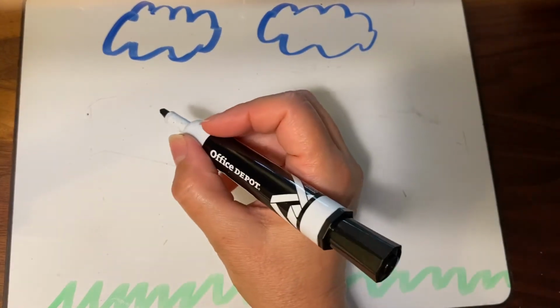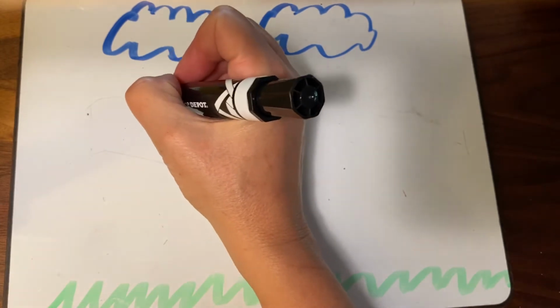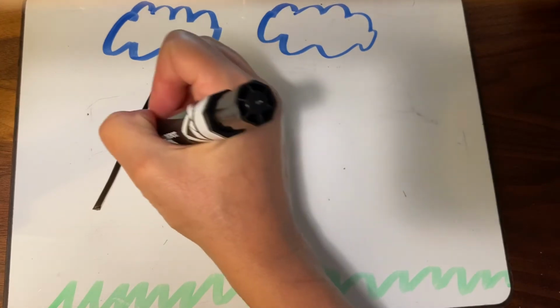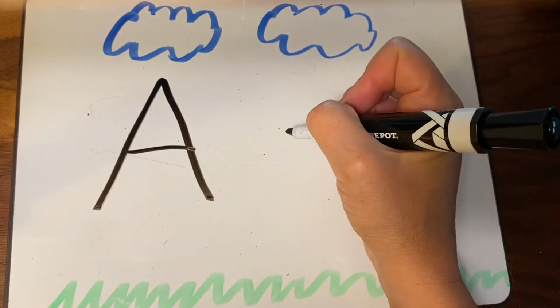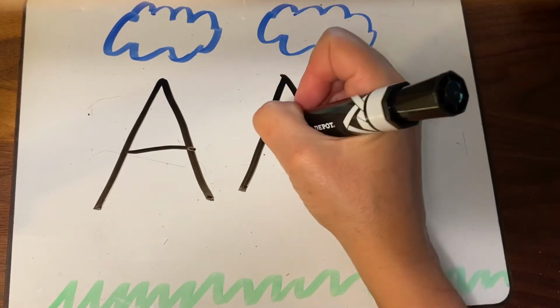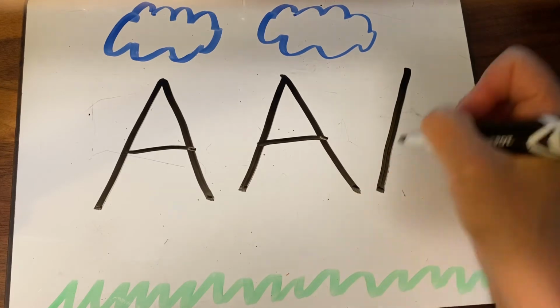So I've got my marker ready, and I always start at the top. So to make uppercase A, slant down, and across. So I'm going to practice some of those. Slant down, across, and then one more. Slant down,